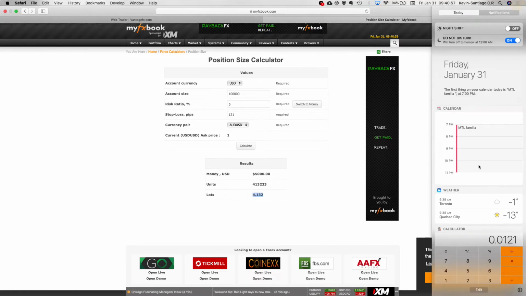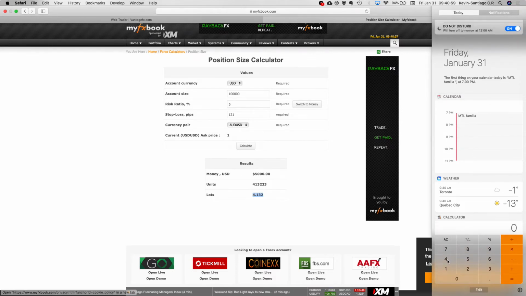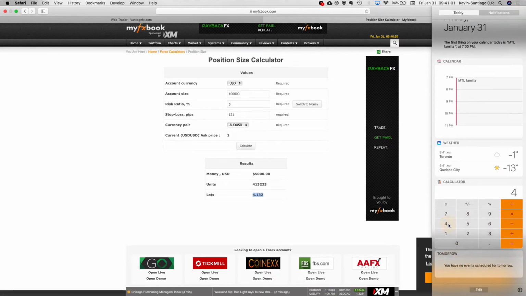So what do you do? If you're not good with math, I know what it gives already, but if you're not good, you will compute it right here with the calculator. 4.13 divided by 2 equals 2.06. 2.06, you don't want to round up numbers. There's a 5, you don't want to round it up to 2.07. You let it as it is, and you take the 2.06,